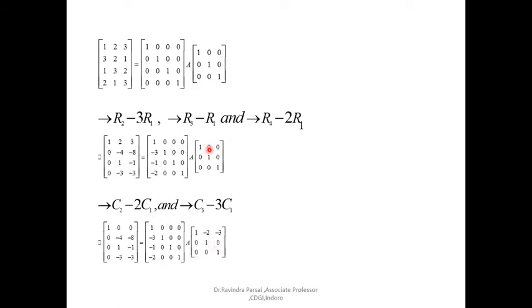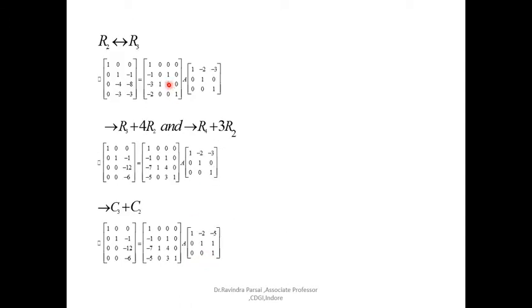So that is 1 minus 2 is minus 2, and 0 minus 3 is minus 3, and 0 1 0, 0 0 1. So this we are getting now R2. Now your problem is to make this position element to unity, that is this second pivot element you have to make unity. For that you are applying R2, you are just interchanging R2 and R3.